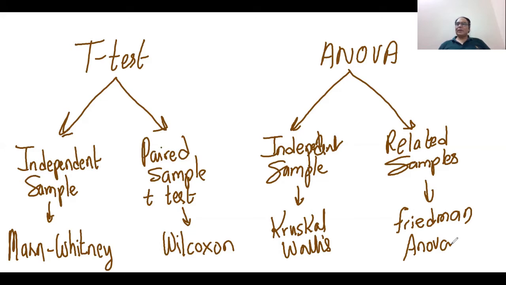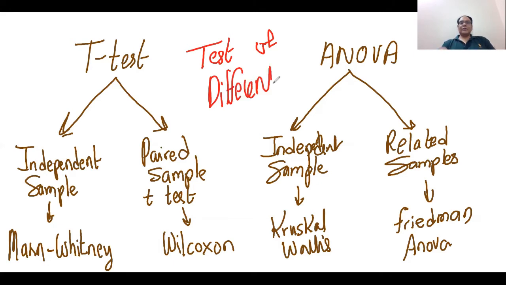Now you may be thinking how the rank is important in doing all these tests, right? I say it is very important because in non-parametric tests, the rank is very important. Most of the tests are actually based on rank. So how are these tests based on rank? Let's see. I hope there is no problem in all these tests. As I said, we are having 4 different conditions, and we want to compare the different samples, whether they are different or not. So all the 4 tests are coming in the area of, let me actually write this, the test of difference. All the tests are related to the test of difference.